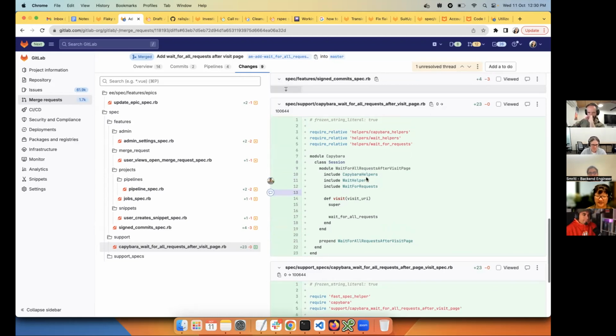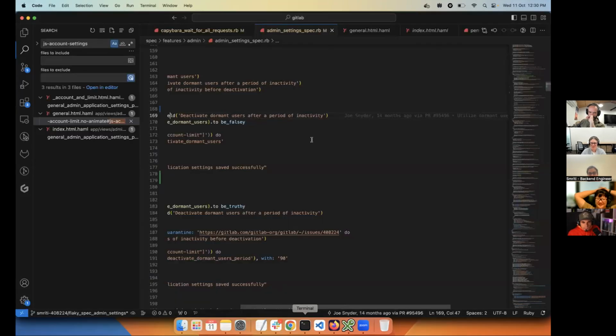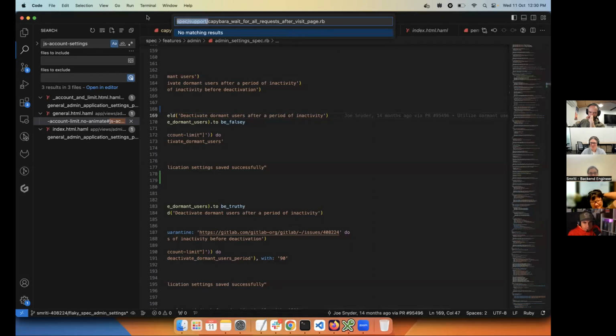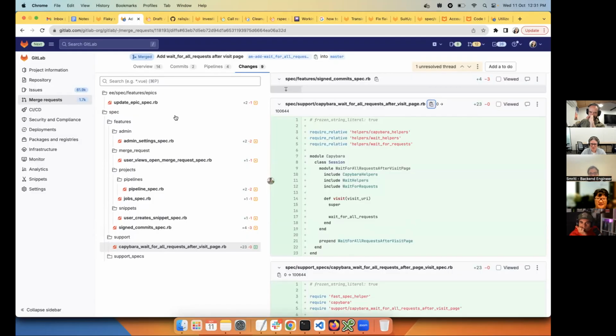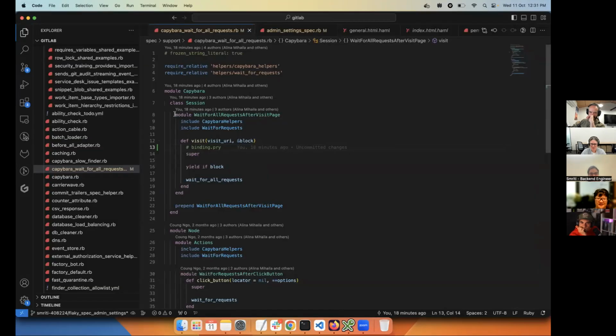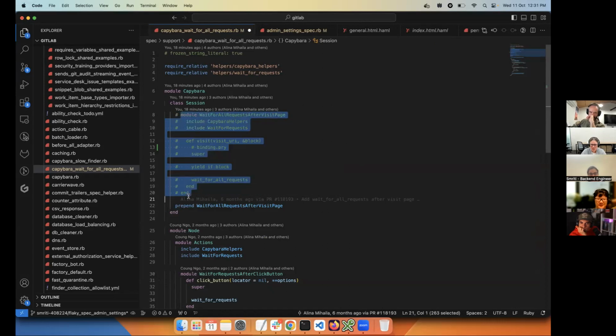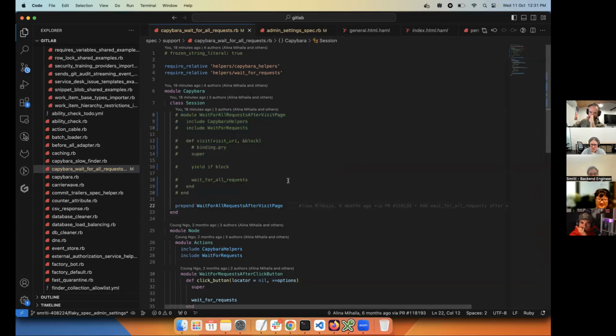What happens if we revert that visit change? I was gonna say, what about the performance implications of having, for our whole test suite, that we are waiting for everything, adding wait for all requests on every visit? So just comment out that whole method. Is that your suggestion, Albert? Yeah, or just comment out the wait for all requests, because I think that's the part that